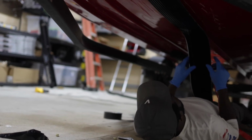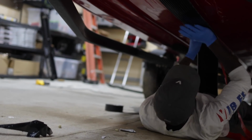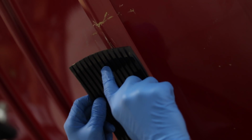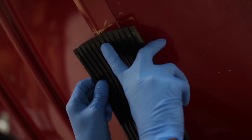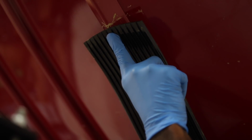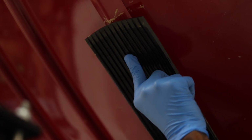You only got one time to line it up right, and it's got to be lined up perfect. So I'm gonna get to 1, 2, 3, 4, 5, 6. The 7th spline is the center spline. Line it right up on the midrib. I got it lined up with the area that I want it to stop on. And I'm just gonna line it up the best I can,